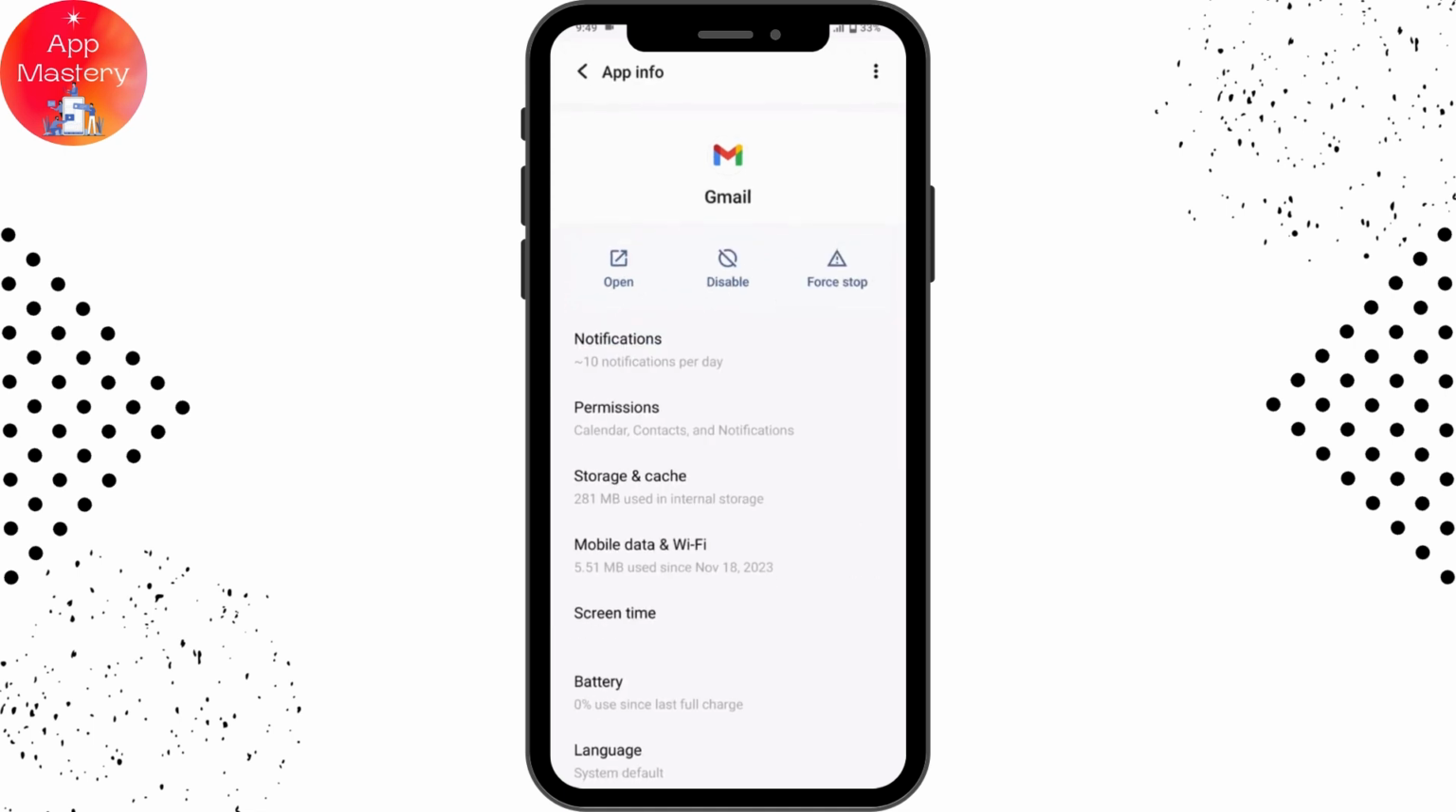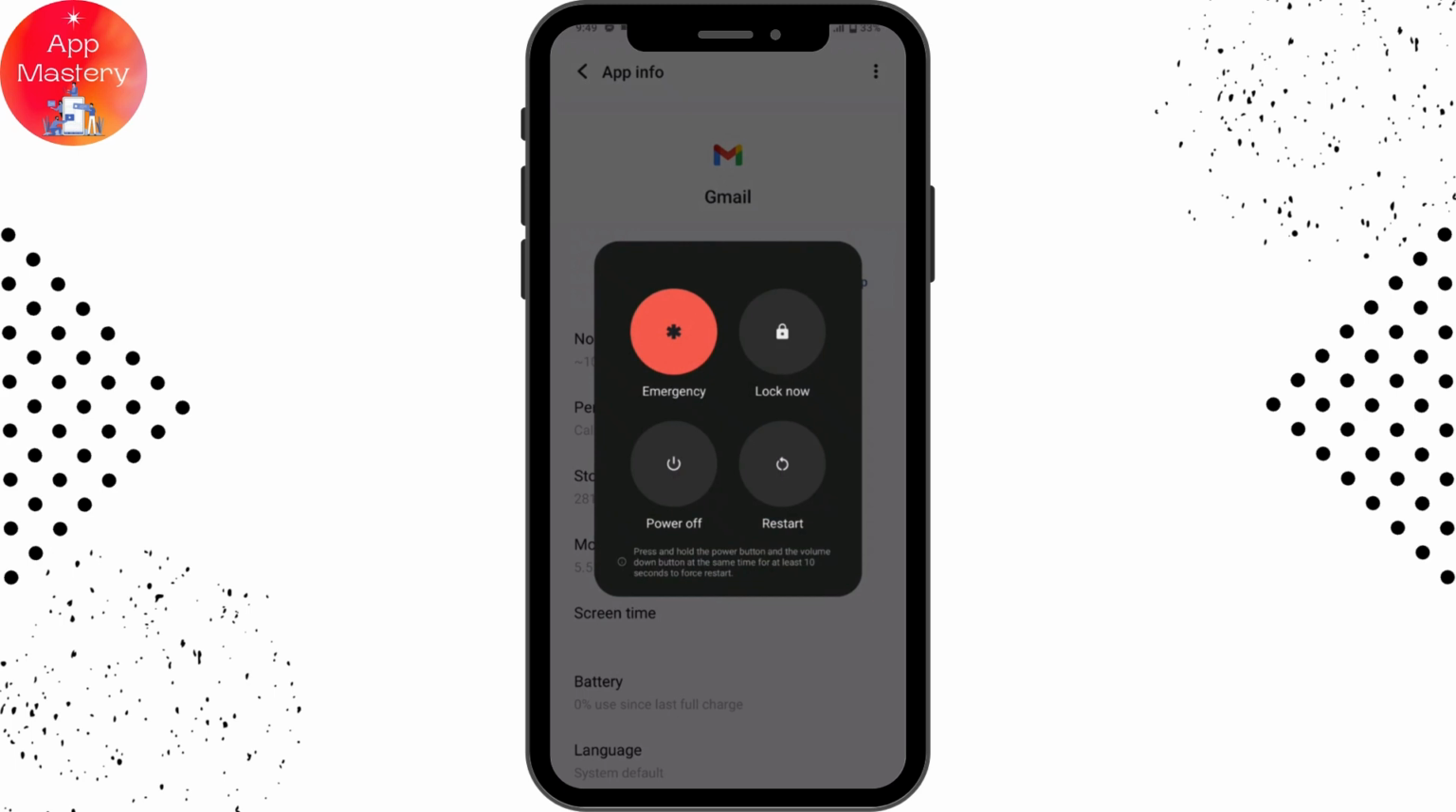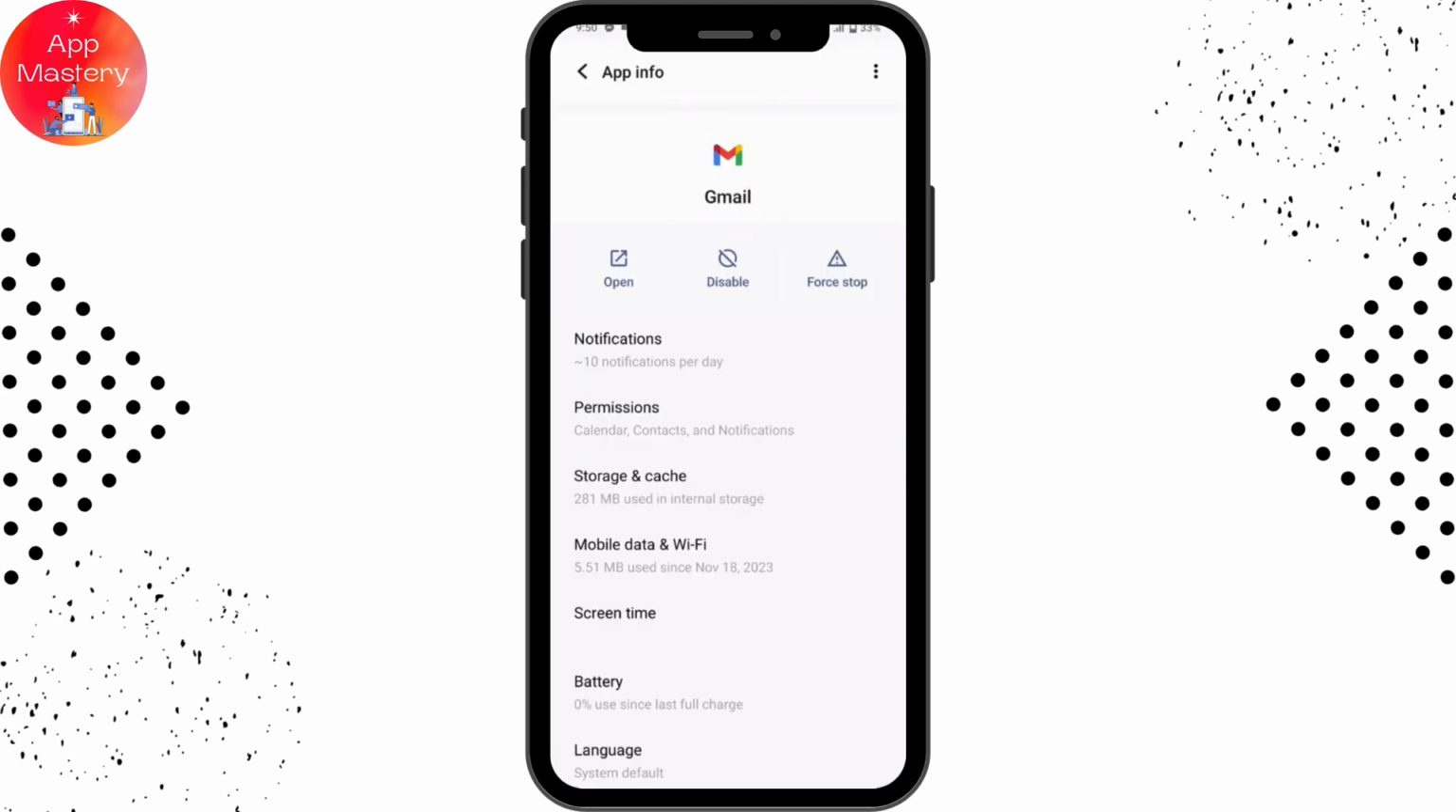But if that still doesn't fix your problem, you need to restart your device by simply holding the power button. Here you will have the restart option. Simply restart, and once you restart, your problem will be fixed. So that's it. That's how you fix your queued email on